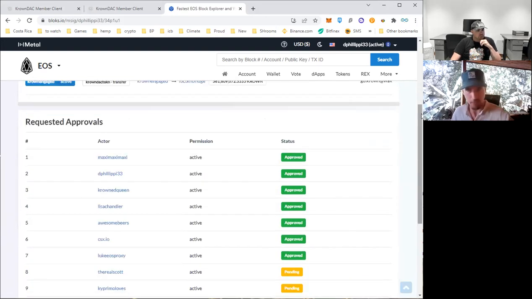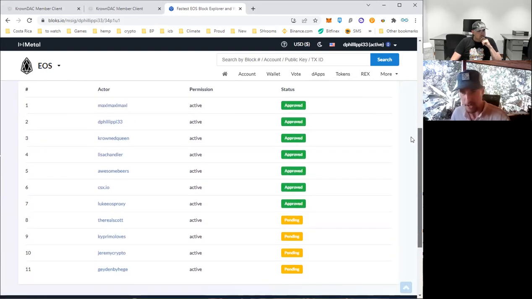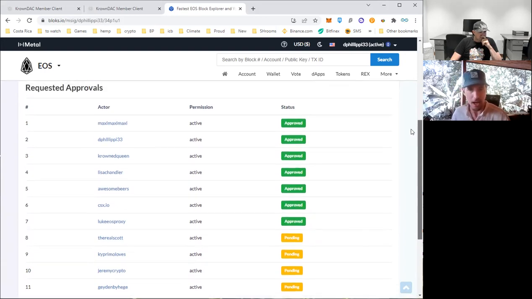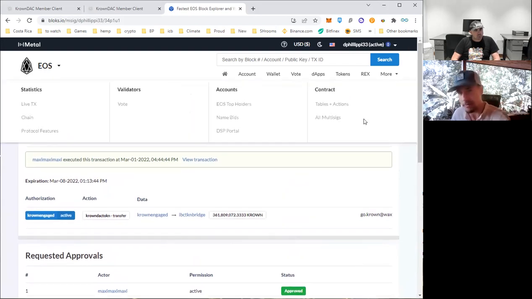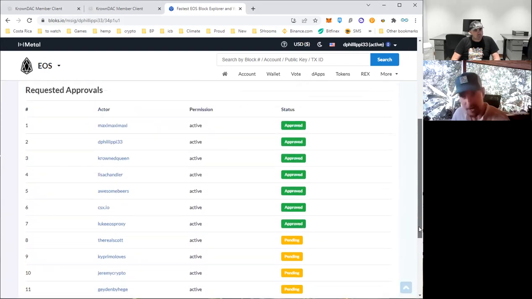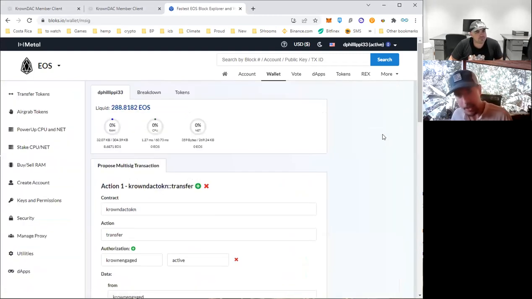This is the list we were looking for when it's done right, requested approvals. It brings up all the possible candidates, or sorry, custodians. And it has a signing level that's required of 7 of 11. Once 7 of 11 sign, someone presses execute and the proposal goes through. But you can see right here, there's a little button that says copy. Oh, look at that, transaction executed at 4:44:44. That's lucky. Okay, so all you have to do is press copy and it will bring this transaction up, and